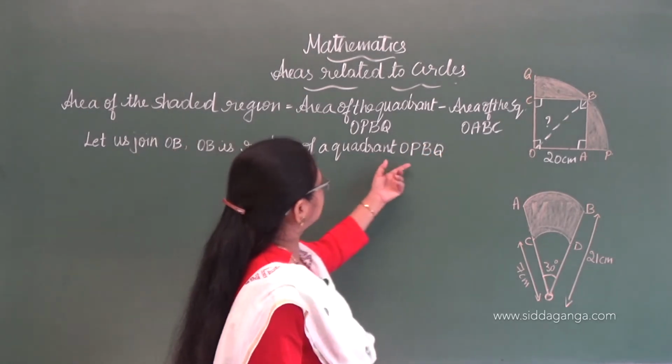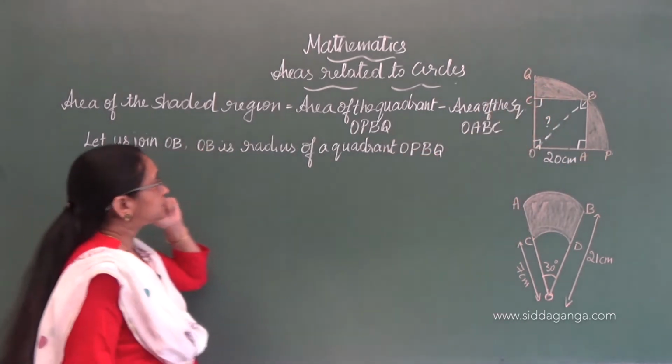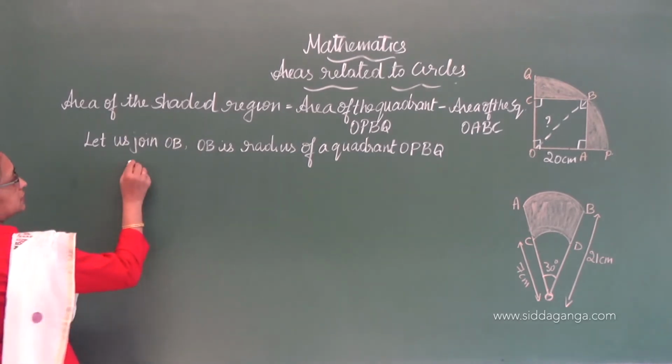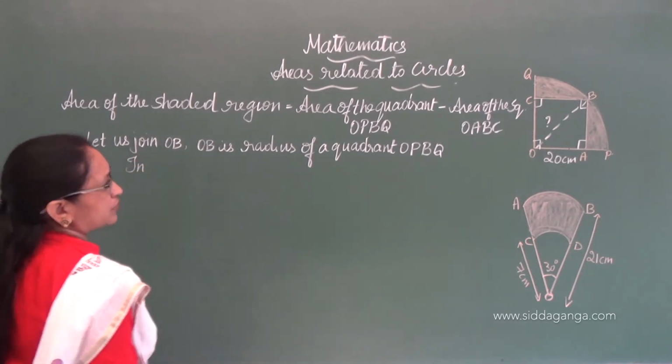OB is the radius of a quadrant OPBQ, correct? Now, let us find out in triangle OAB,